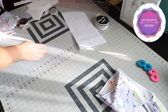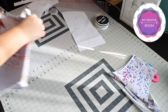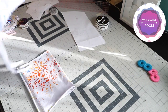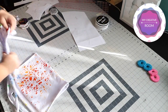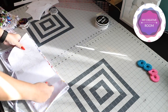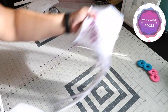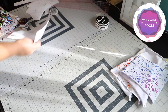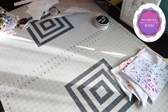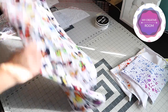Okay, for the back, I initially wanted to see if I can use this, but unless I patch it together, I don't think I can use this for the back. I will have to patch this together, and I don't want to do that. So I'm going to use the leftover panel for an accent, maybe on the back, or just keep the scraps for a different project. The other back piece, I'm going to use the main fabric